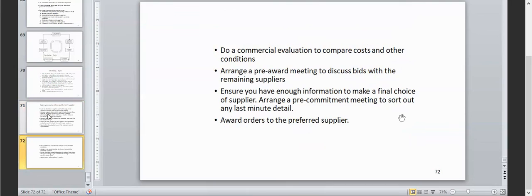And also we need to do a commercial evaluation to compare cost and other conditions between the shortlisted suppliers. After that, we do the pre-award meeting to discuss bids with the remaining suppliers, and to ensure that we make a good decision,